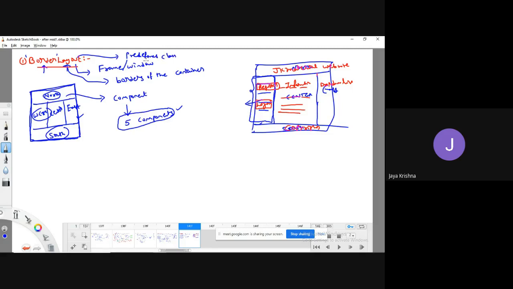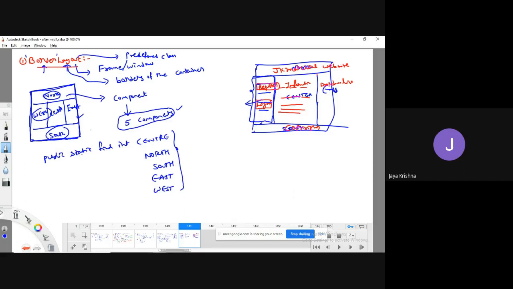So I'm going to explain clearly for the first one, and the remaining are all the same. The predefined class has various kinds of data members. All the data members are public, static, final int, meaning that all are constants: center, north, south, east, west. These are the various constants which we can use to represent the various regions in our container.